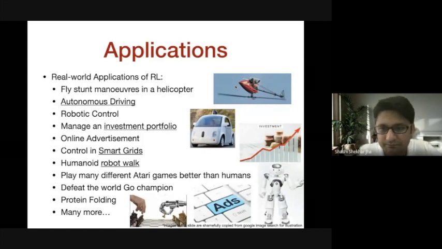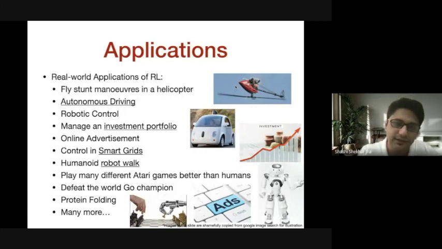That's not true. I said wherever control is required. Control could be software control. Control could also be hardware control. Mostly it is in the hardware, but that doesn't mean such problems don't exist in the soft world, software only in the computation world. And I have those examples as well. If you see the 4th bullet point, it says manage an investment portfolio. If some of you do investment in the share market, the stock market, buying a share, selling a share, that is also a control task, or I can say a real-time decision-making task.